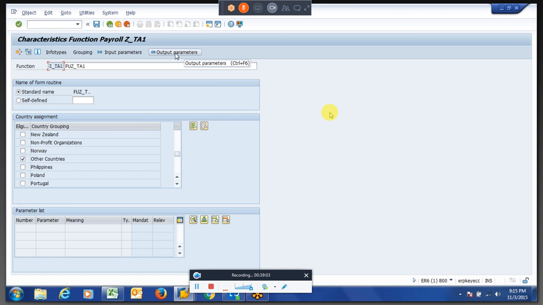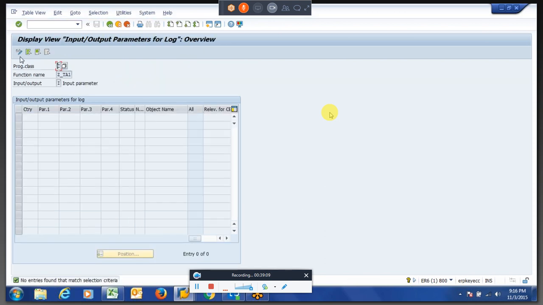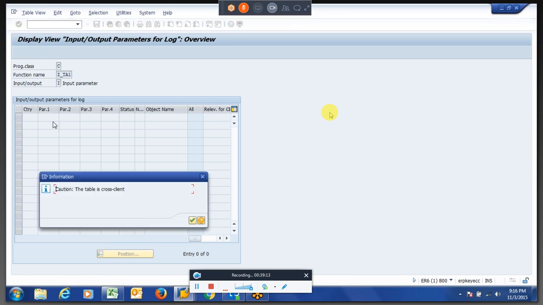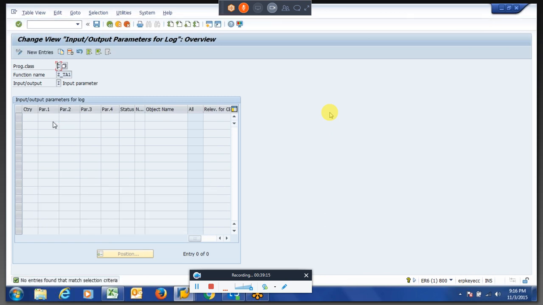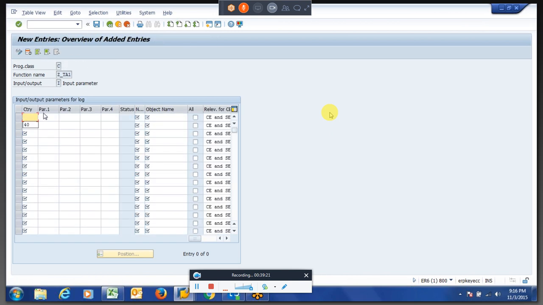Accordingly, in this function we have similar things. If you click on input parameters, and go to change and then new entries, let us say country 99.